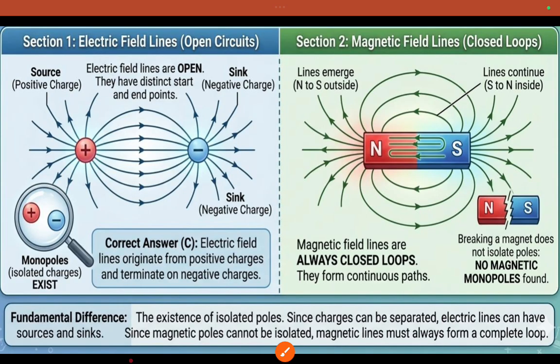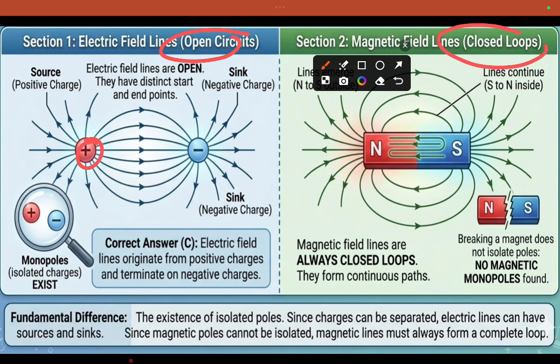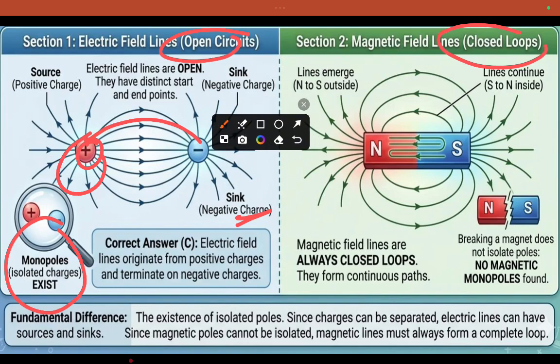Electric field lines and magnetic field lines: you can see here these are open, these are closed ones. Electric field lines start from positive and end at negative. There are existing monopoles. This is about the source, this is about the sink. Positive is source, negative is sink. Coming to the magnet, this is about closed loops forming. Magnetic field lines are always closed loops, forming a continuous path. When breaking a magnet, they do not form a single pole; it always exists as a dipole. So breaking a magnet does not isolate poles. No magnetic monopoles are found. So here,